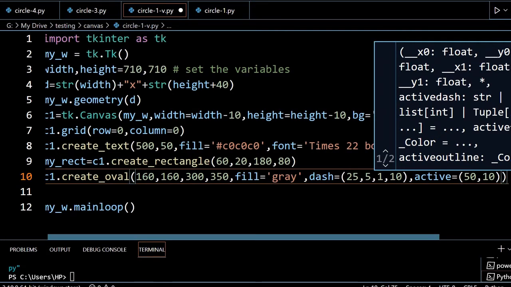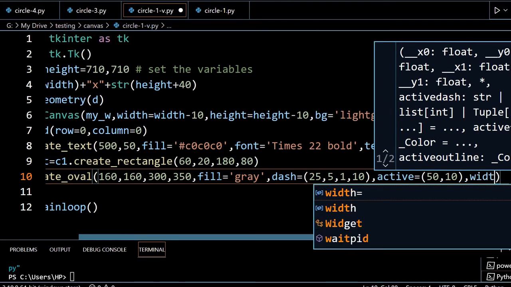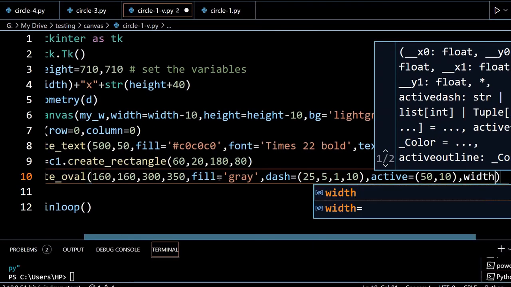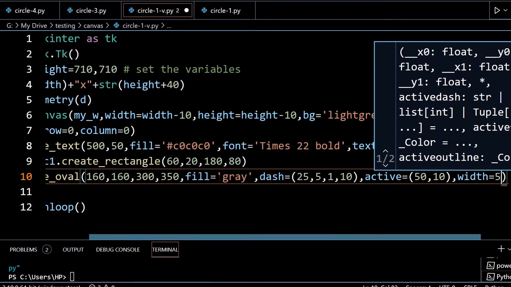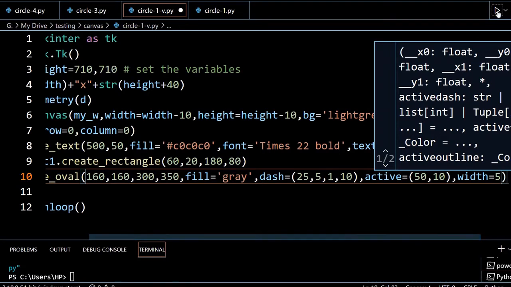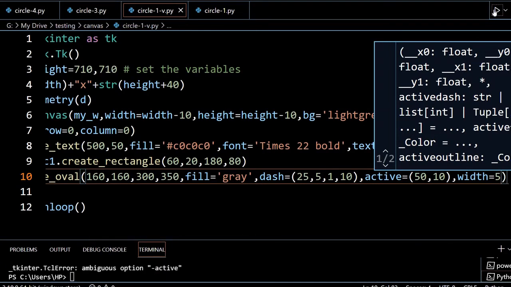And what I am doing, I am adding a width of 5. This width is an option available for all. This is the outline width, a line or a rectangle, anywhere you can add that. So let's run this and see